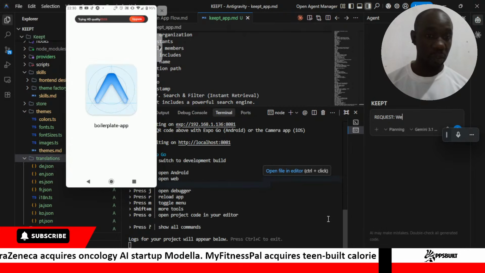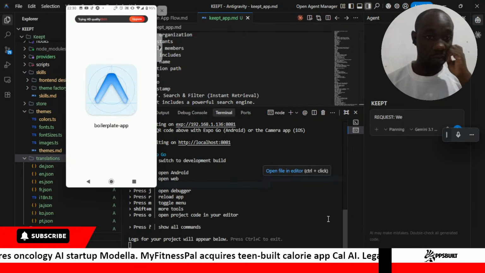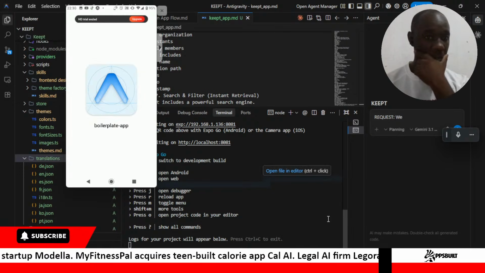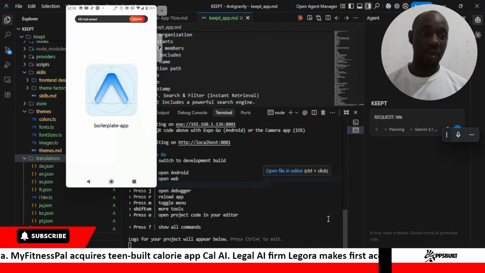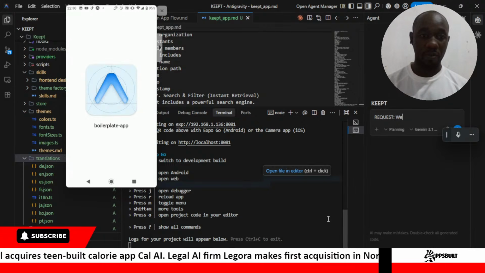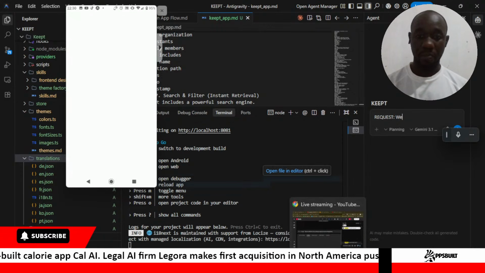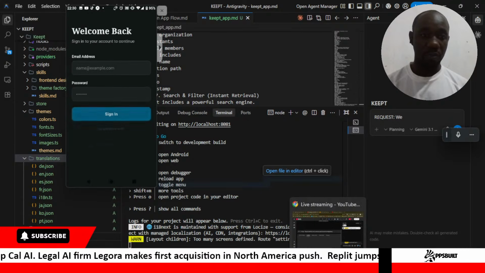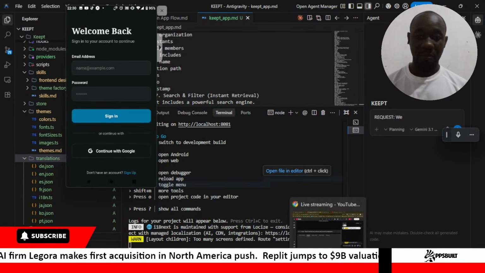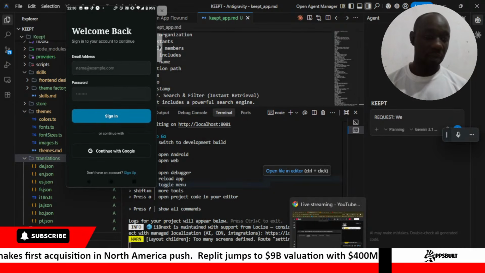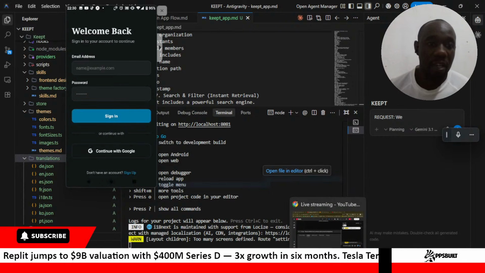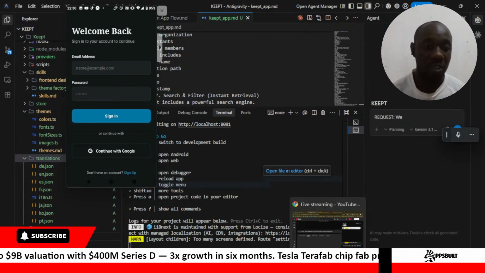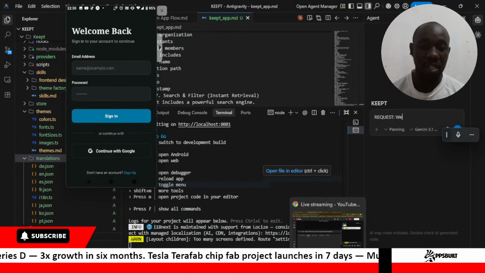So we are loading our app here. This is our boilerplate. We set the boilerplate before because it was very essential for us to be able to view this. So our boilerplate is set up very well, given that you can sign up and or sign in and use it effectively well. So we've already set that up.